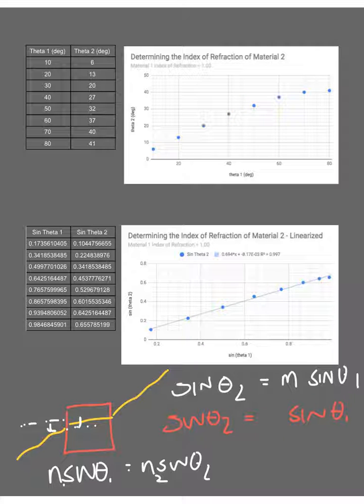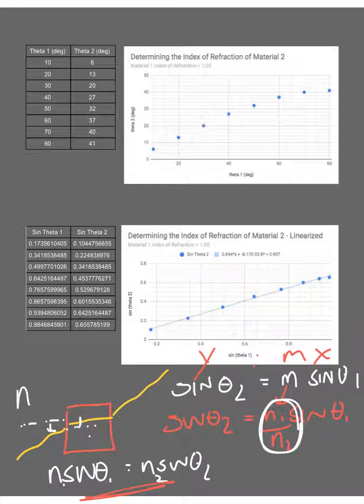And okay, so what is this m then? What does that relate to? Because obviously this is y equals mx, right? And so we can see if we take this equation here, then what we have is n1 over n2, and that's what that slope would represent. And so I would be able to find the index of refraction, n1 or n2, of this glass block. Because if n1 is 1 because it's air, then I could take this slope here of 0.0694, plug it in,